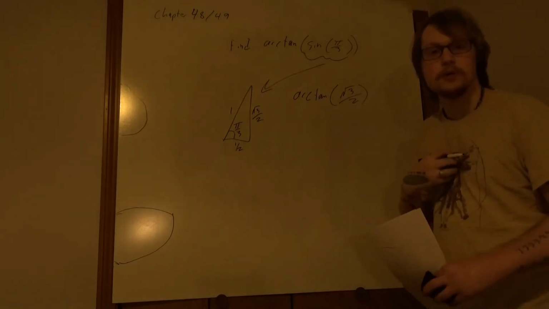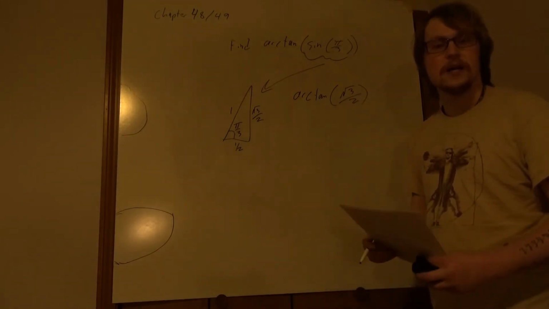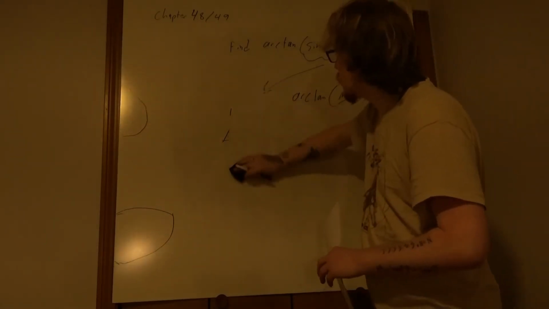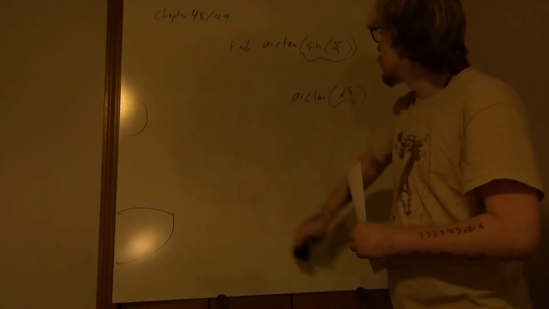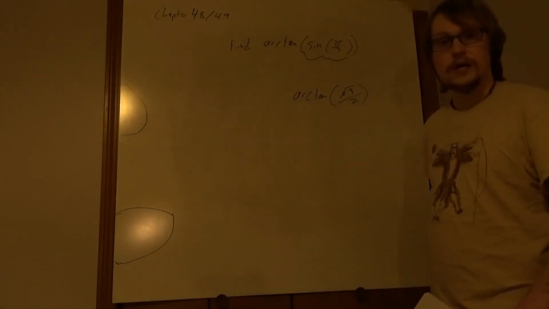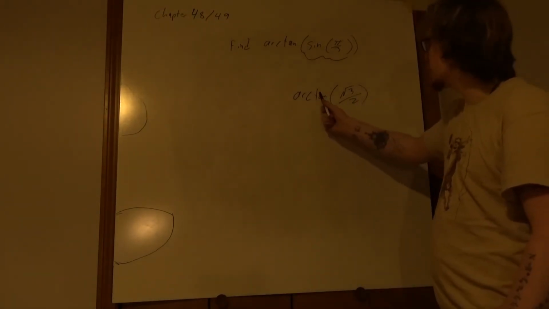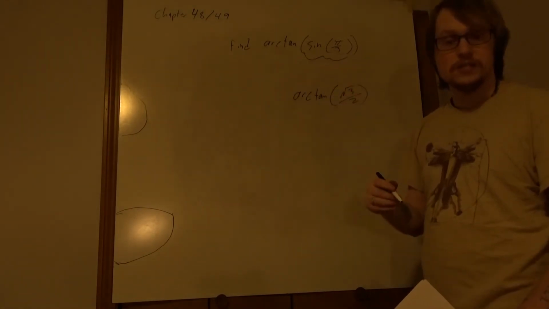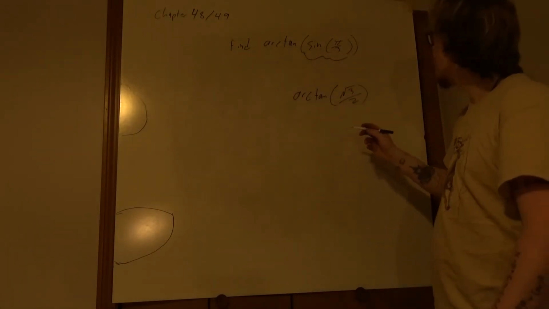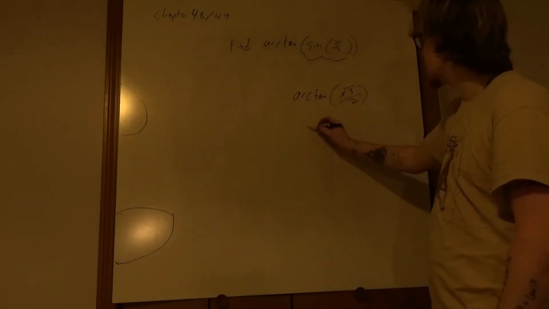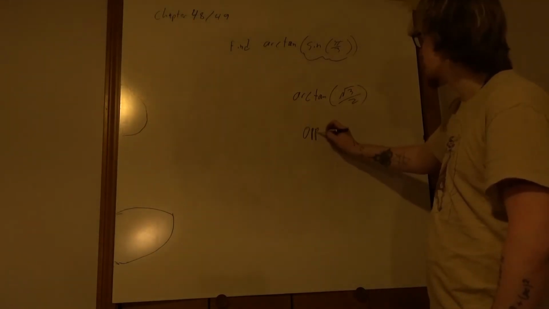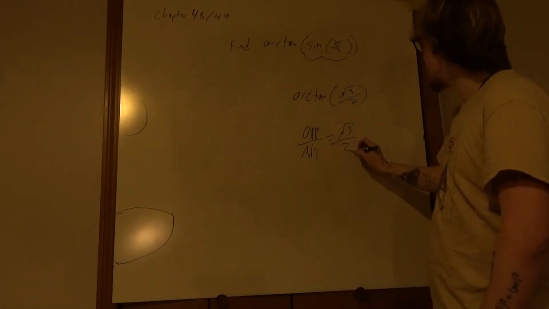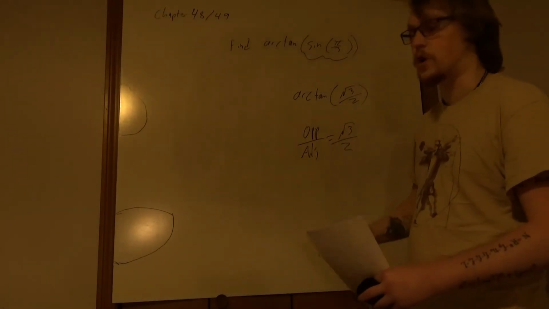as its input a ratio of side lengths of a triangle. That one we got one triangle from, and now this we're going to get a different triangle from. Tangent is opposite over adjacent, TOA. So this guy has to be opposite over adjacent equals root 3 over 2. So the triangle that we have to draw is going to have,